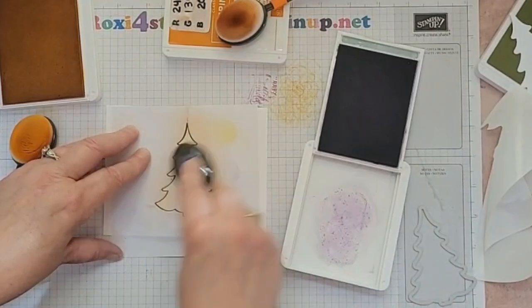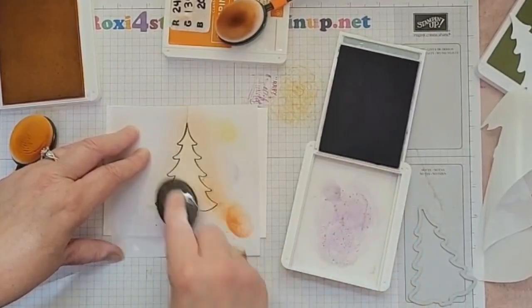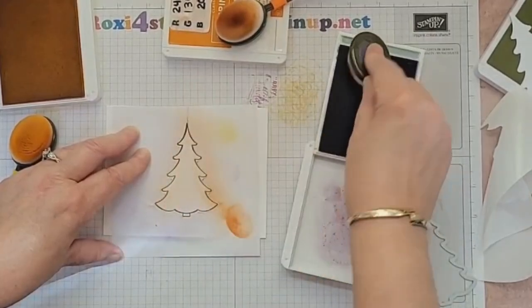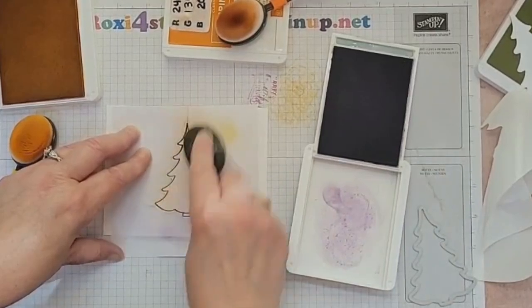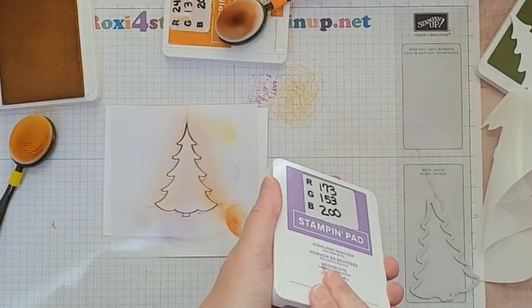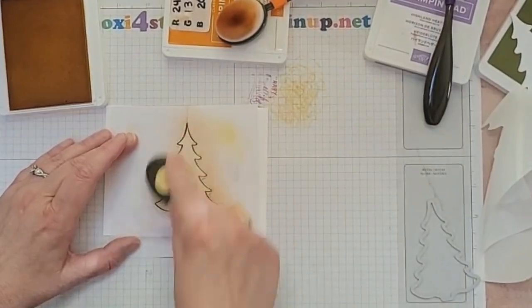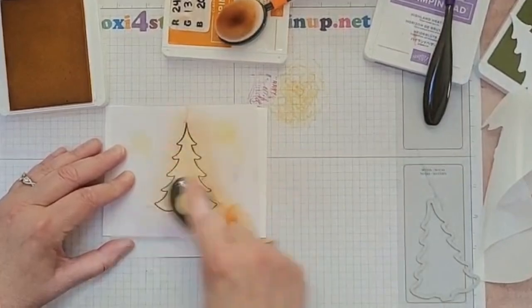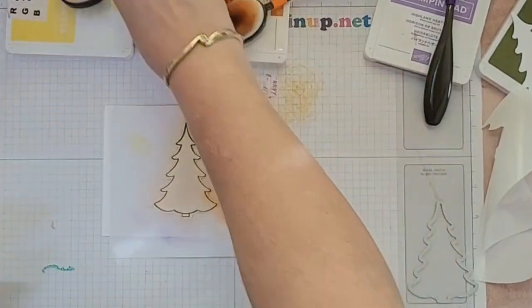Just kind of gonna go all around. Let me get some more purple on there. There we go. And then I'm going to go right up and down the middle of that tree. Alright, so now I'm going to come back over as a final time and just do a little bit more of that Daffodil Delight. Alright, so now when I feel like I have it just the way I want it to be, I'm going